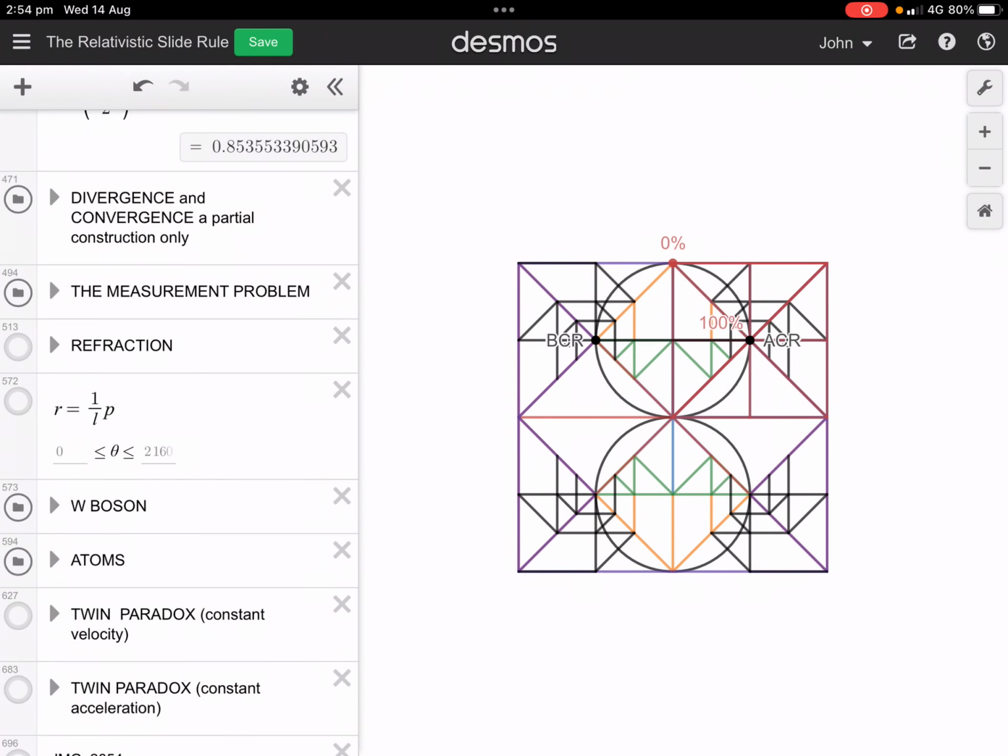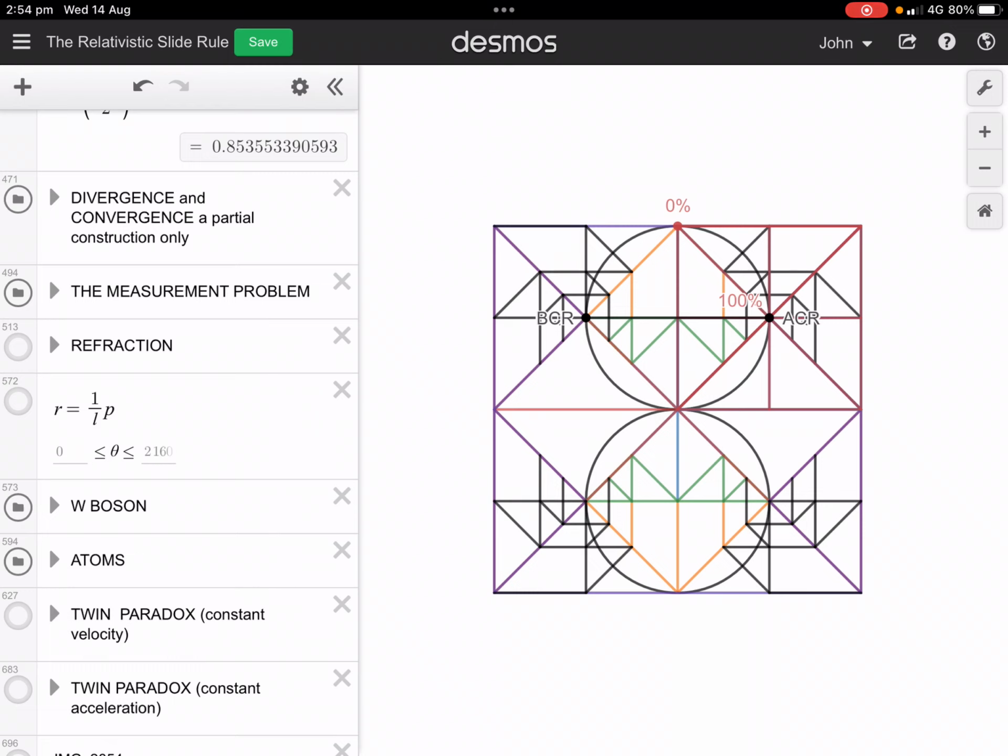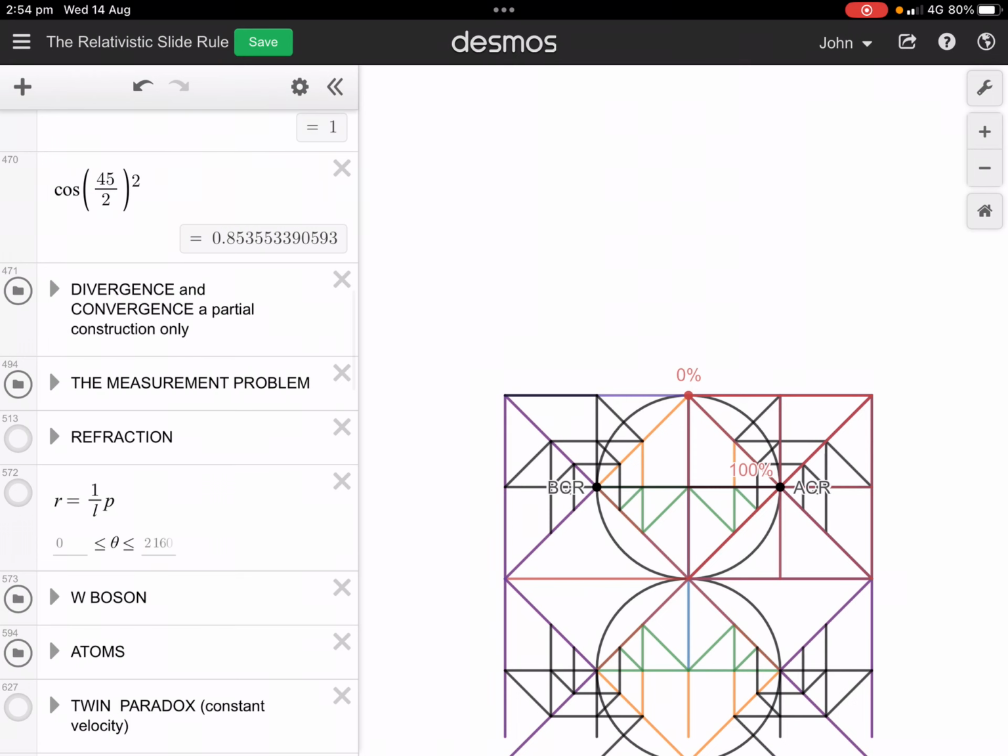Okay, so this is what I consider to be a collapse of the wave function, because notice there's no divergence or convergence. And what I mean by that is,